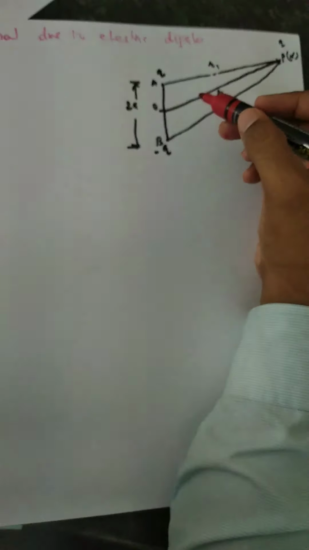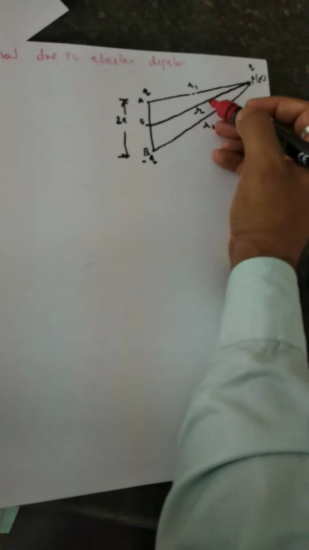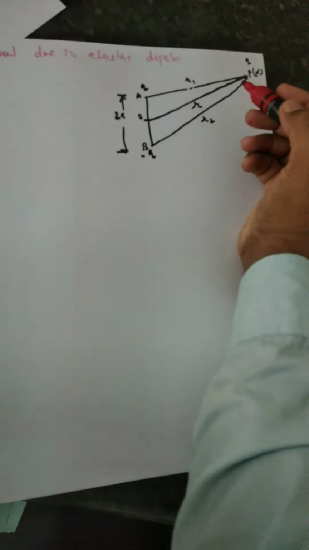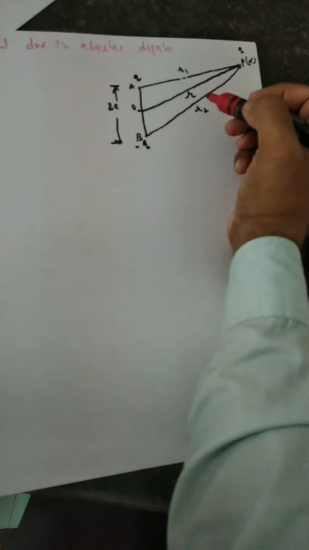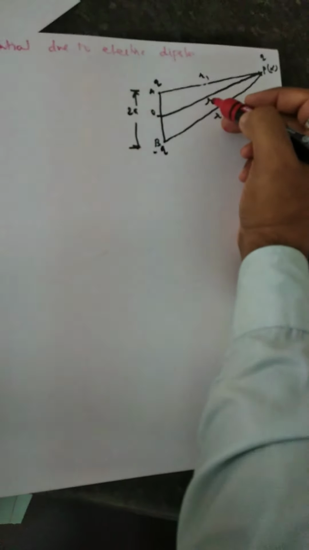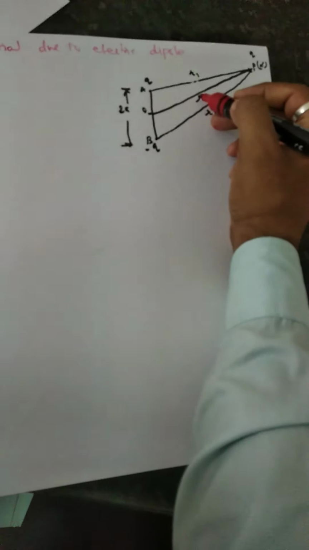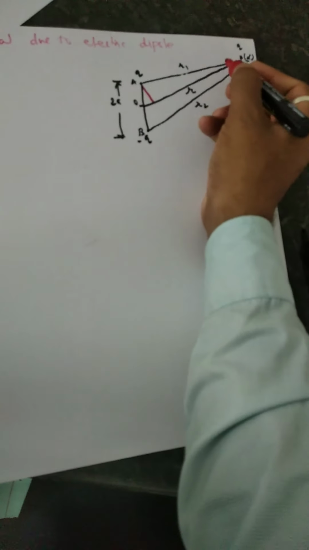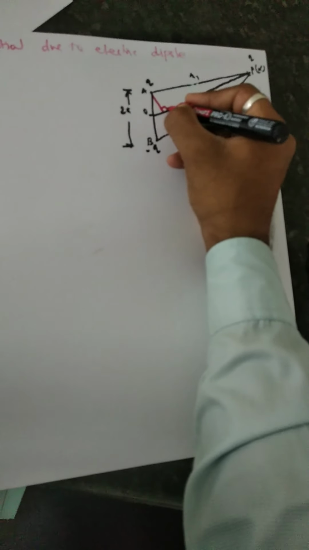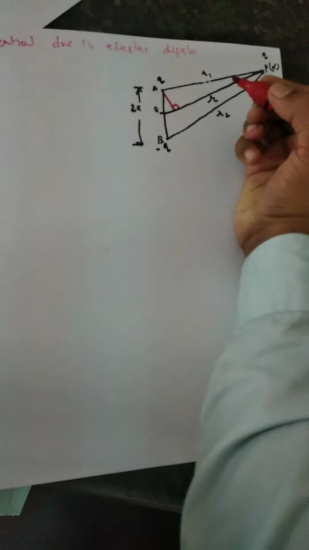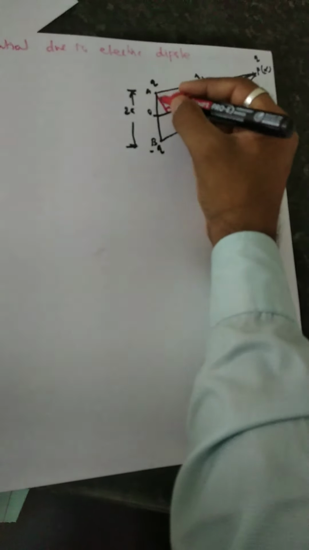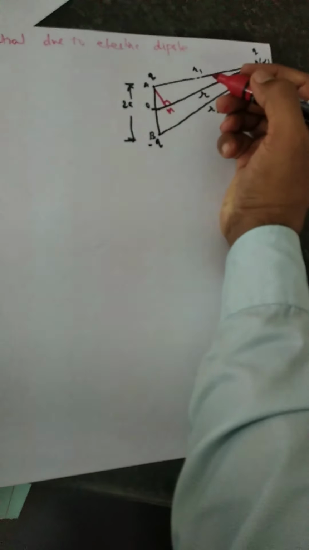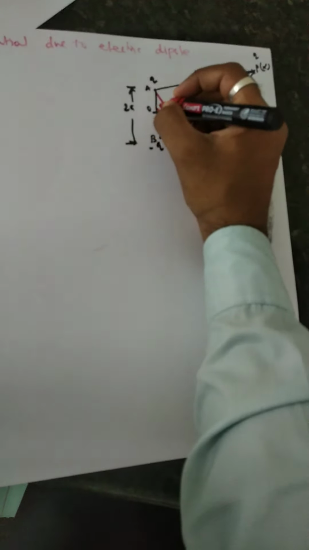Okay, so here as we can see, r1 is not equal to r, and r is not equal to r2, meaning all these three distances are different. To make r equal to r1, I will draw a line perpendicular to OP in such a way that it makes a 90-degree angle with the line OP, and suppose the point at which it makes a 90-degree angle is M, and suppose this angle is theta.